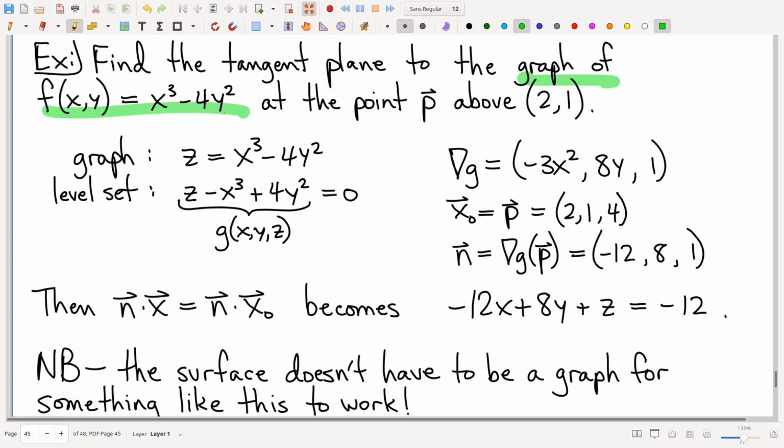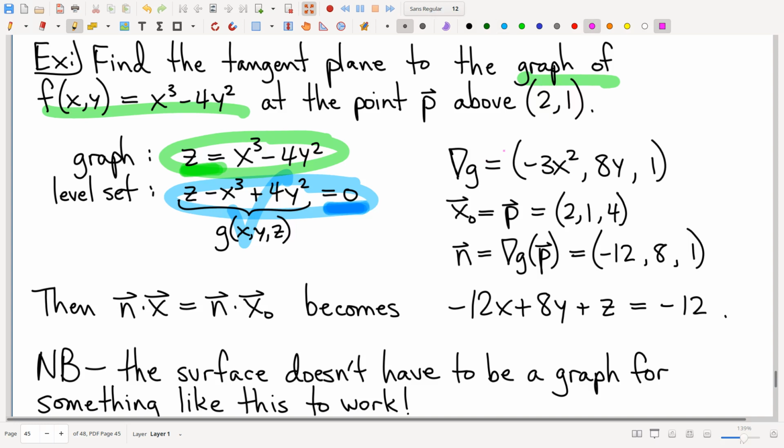And the very first step is to take what came to us as a graph of one function and, just like we did on the previous page, reconceive of this as being a level set of this other function. And once you have this new function here, this thing called g, whose formula is the left side of this equation, that's the thing I'm viewing it as being the level set of,